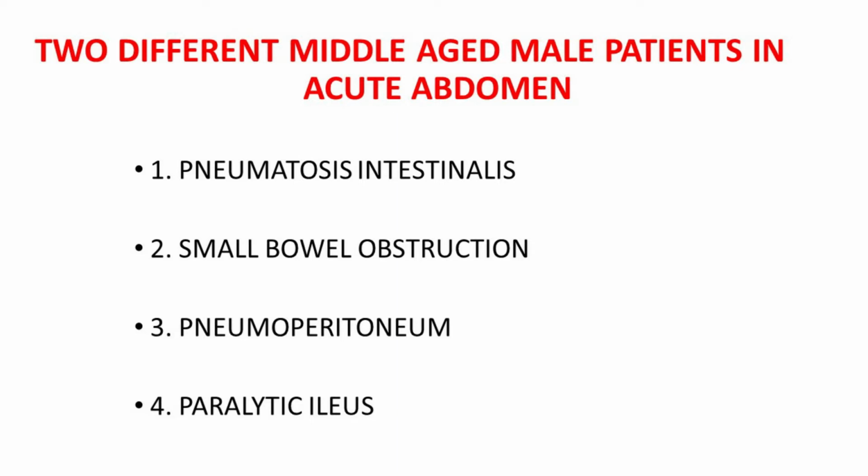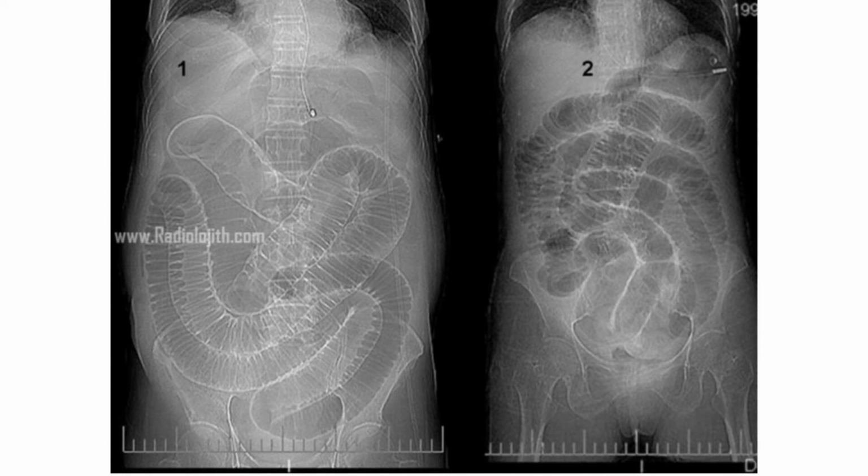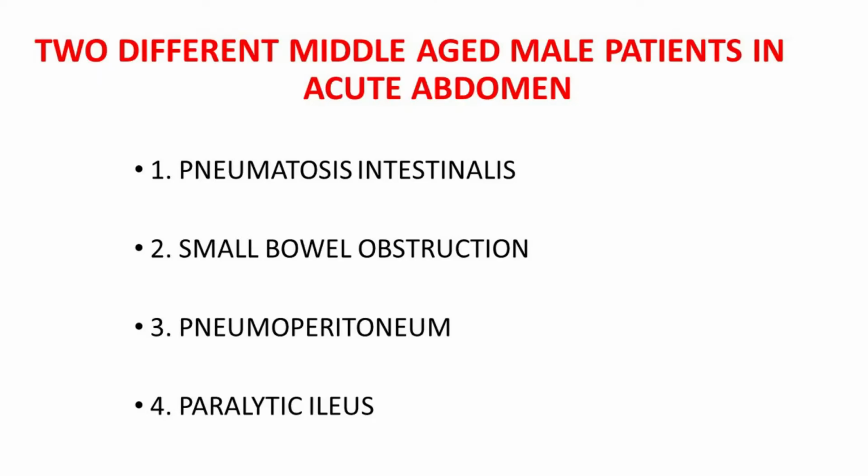Now let's come to your quiz. What's your diagnosis in the two different CT topos? You can assume it as X-ray abdomen supine position in two different patients, okay? Here, if you want more time, please pause the video and review again with the MCQ. Within a few seconds, I'll give you the diagnosis and review accordingly. Are you ready? Let's go.